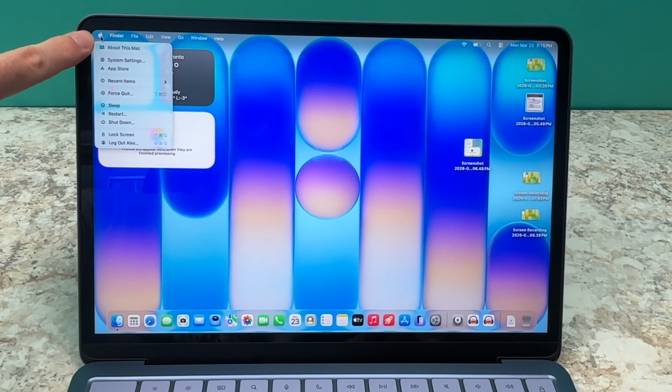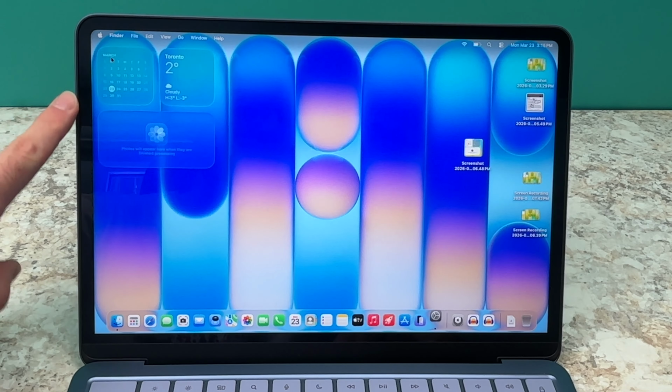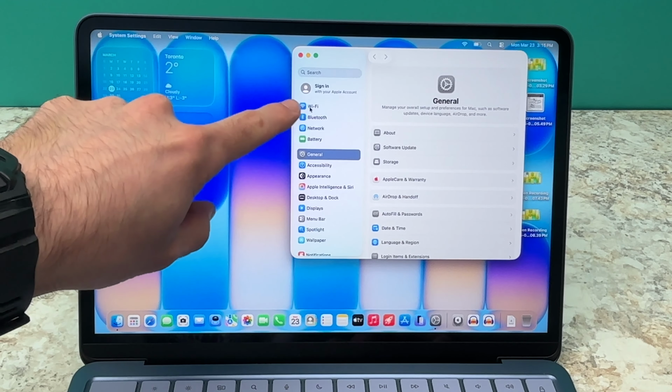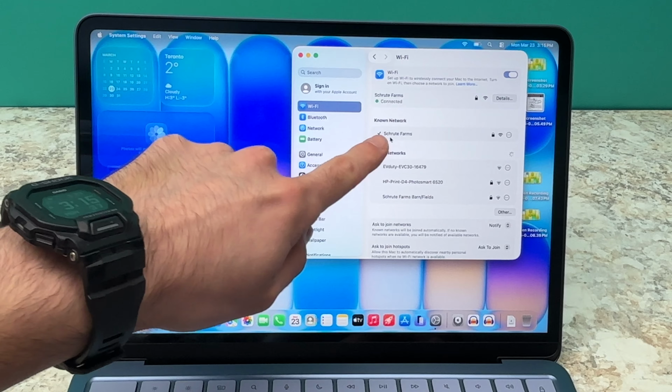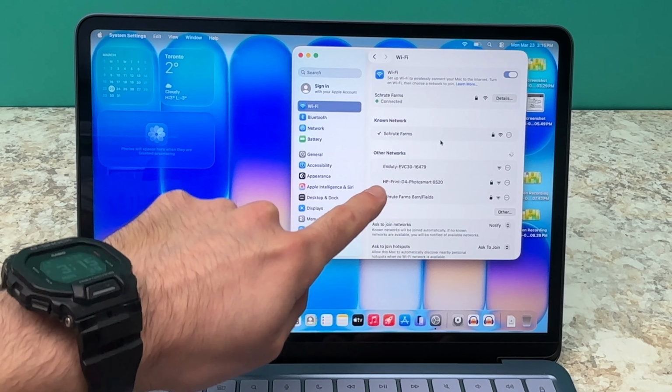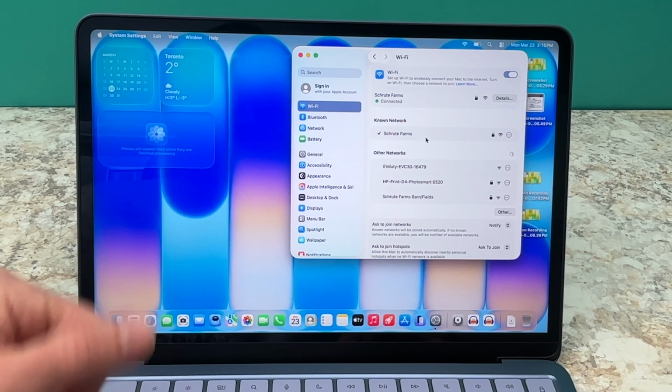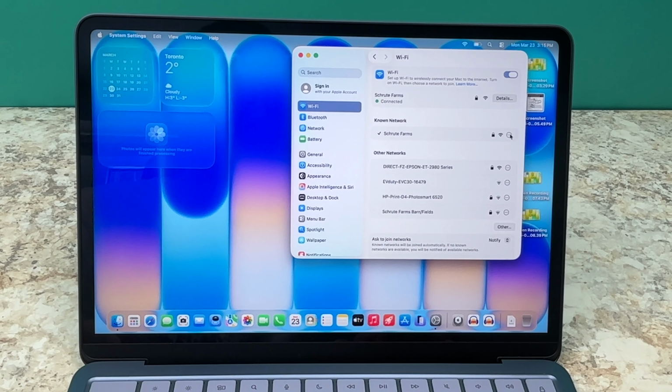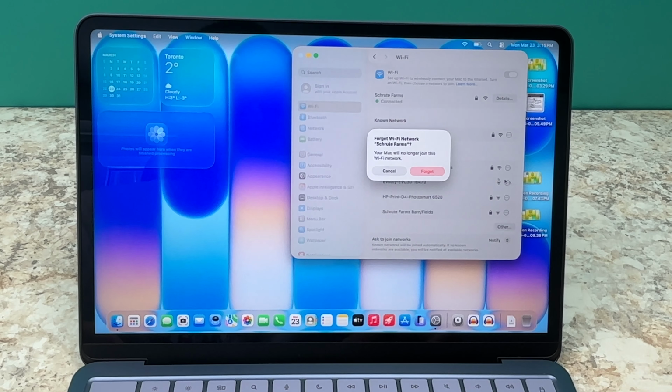So click on the Apple logo, select System Settings, and from here select Wi-Fi. If you're having issues with this network, it doesn't connect, it cuts, I don't know, it's not reliable, click the three dots, click on Forget this network, forget,